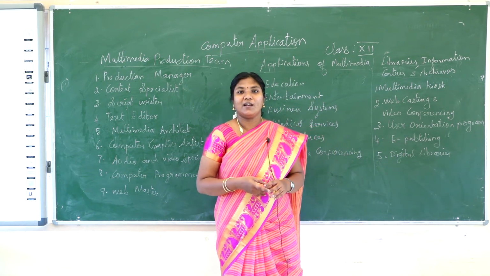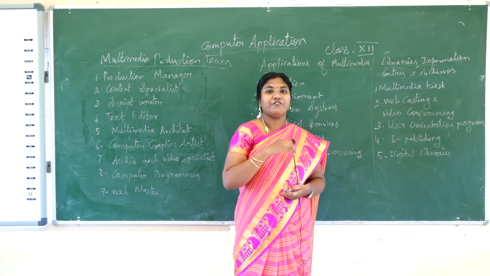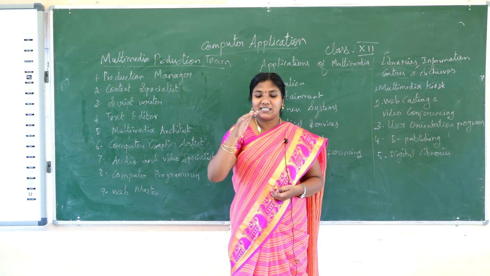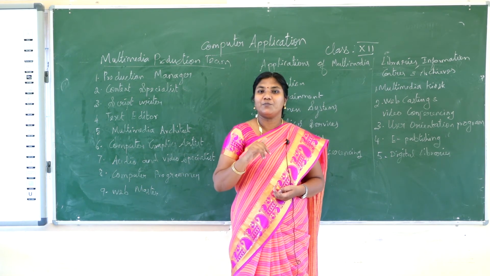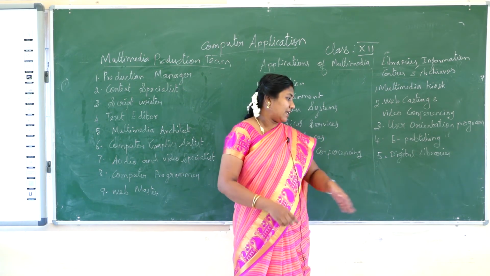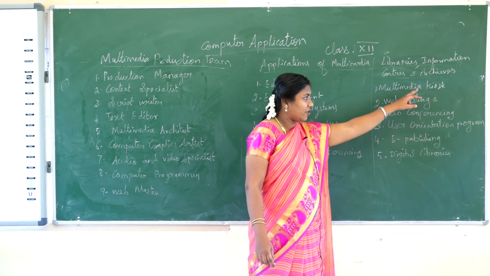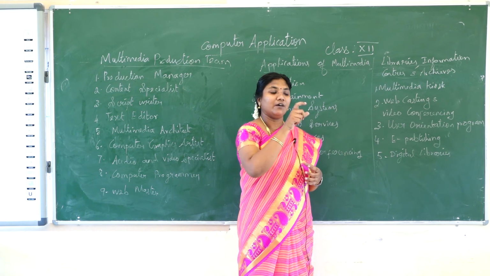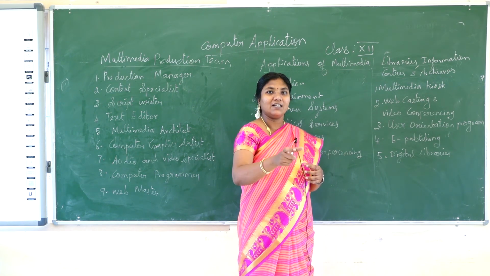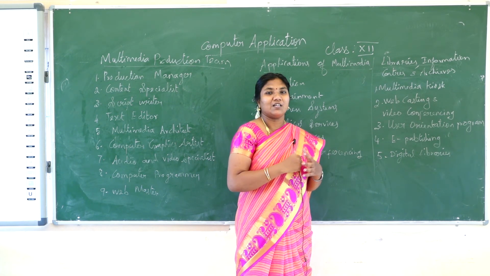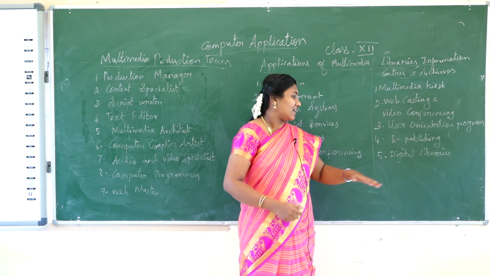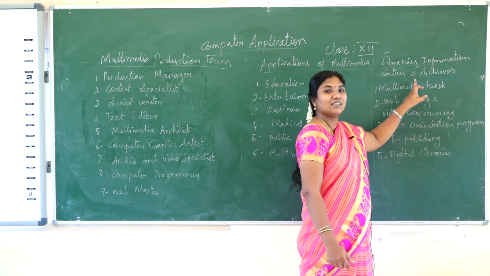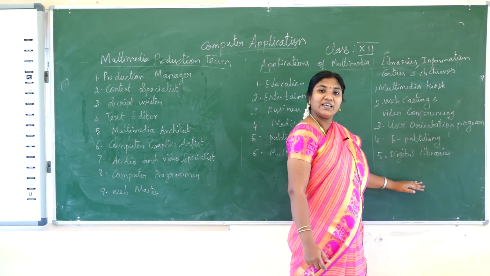When you get into a library, before, you had to go to the person and ask about the book. The person would check the ledger and tell you whether the book is available or not. But in digital libraries, using a kiosk, there will be a system. If you go in front of the system and give the book name and the author, the system will reply whether the book is available or not. So that is done in digital libraries. The last topic, libraries, information centers and archives, is all education based.